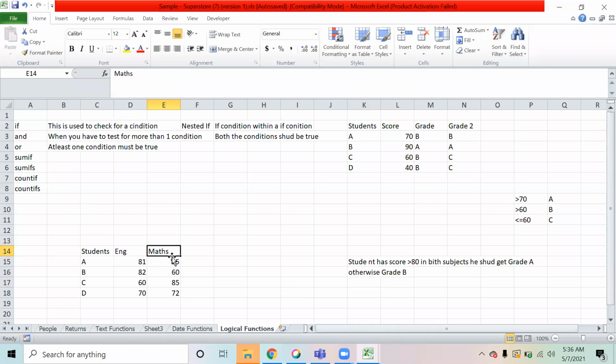I want this to be more than 80 and this to also be more than 80. So I have two conditions and both the conditions should be true.